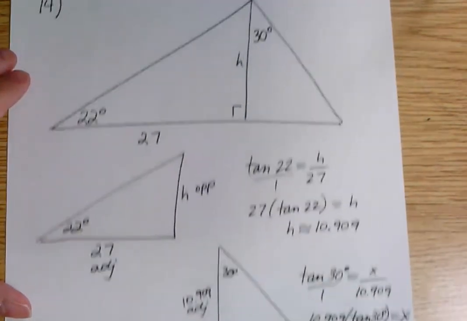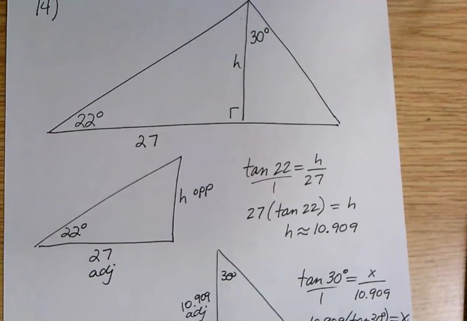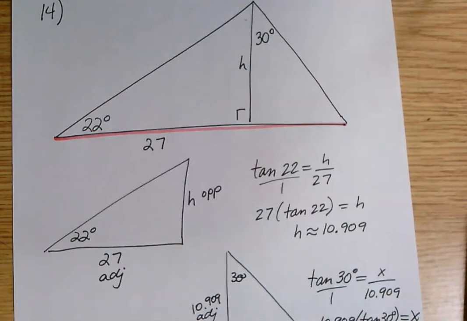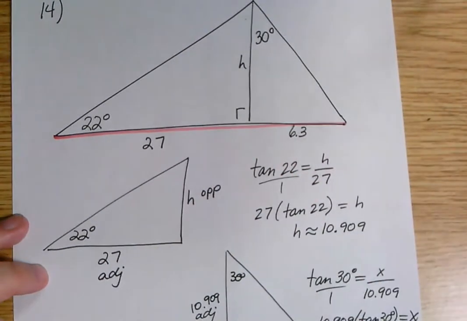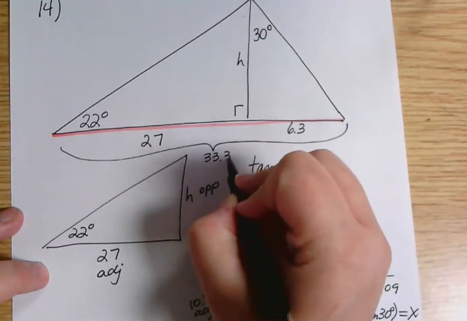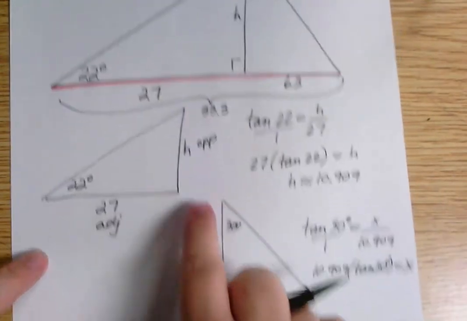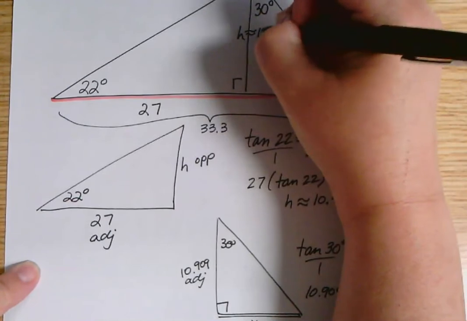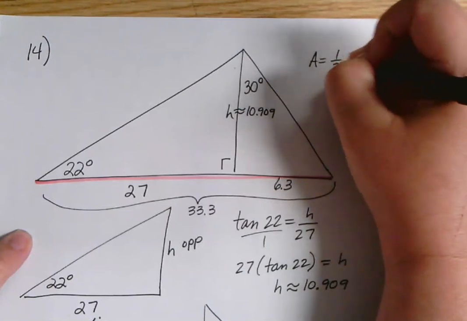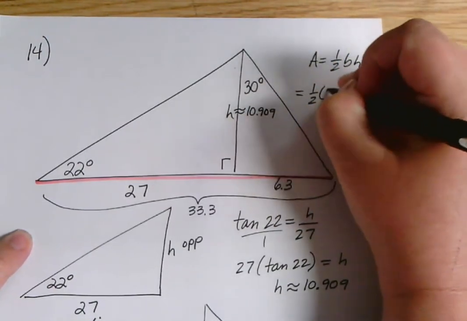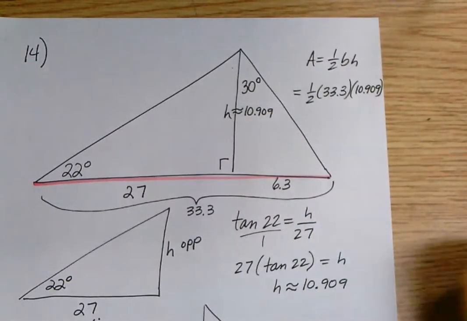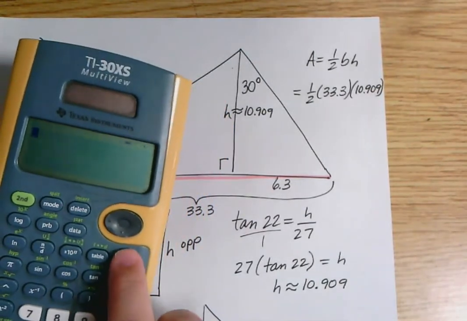So if I go back up here, that means the entire base of the big triangle is 27 plus 6.3. So altogether, that would be 33.3. And we already said that the height here was 10.909. So I'm going to do 1/2 base times height. And that's 1/2 times 33.3 times 10.909. And that gives me,